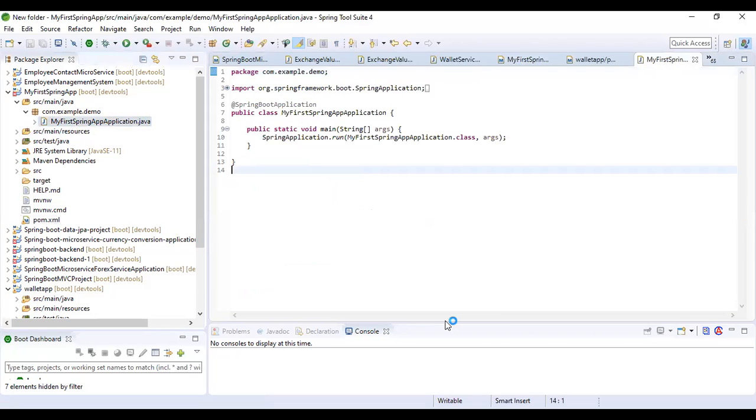This is the main class. And now you can check here, this class contains the main method. Public static void main. This class contains the main method also. So when you create a Spring Boot project,